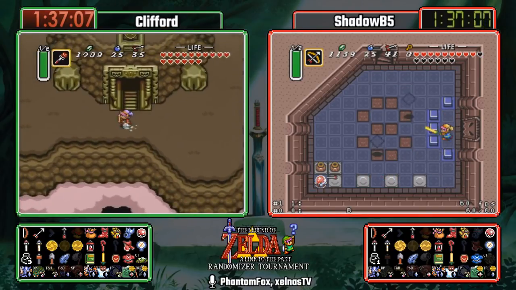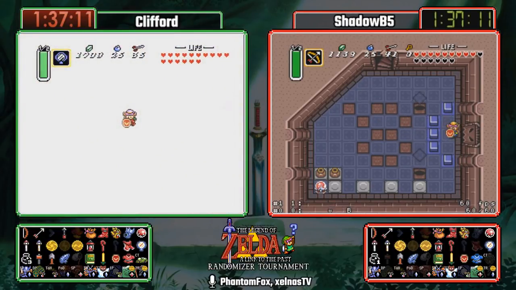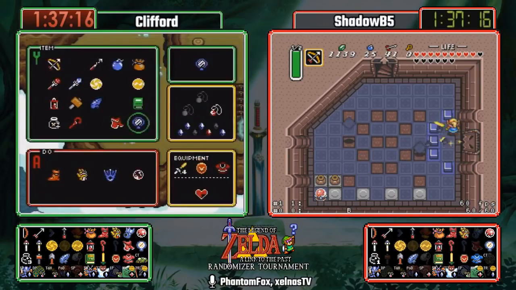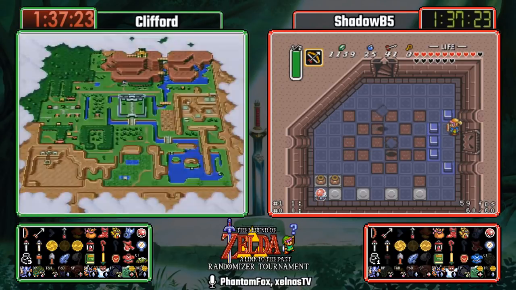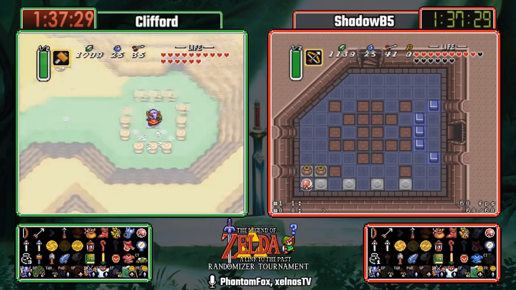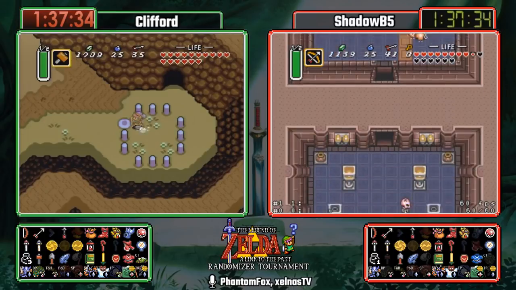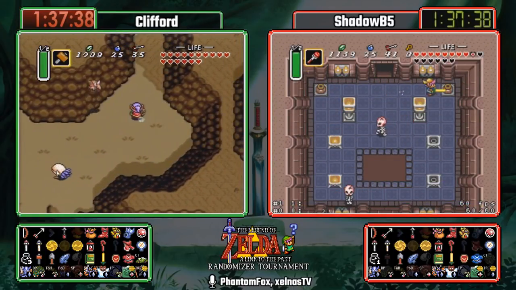Yes, I believe Clifford is in go mode there. All the other items are not required. Yeah, so go mode is what happens when our runners have found all required items for the seed to be able to proceed to Ganon's Tower. In this case, we have already done everything in Pod except for the boss, so that will be a really quick recheck. Now, what we are currently missing, actually,